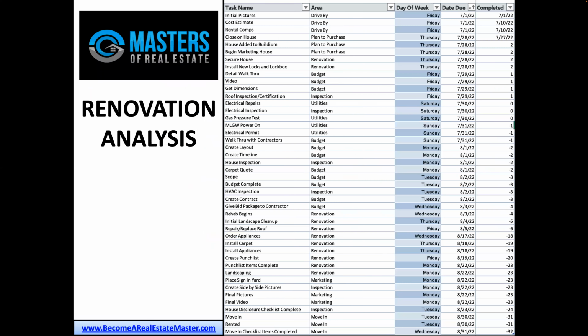So the renovation analysis should also come with a timeline involved. You've got initial pictures, your cost estimates, and you can see here we have a drive-by area, and then we have a plan to purchase area for all the tasks that get involved there, the renovation, the budget detail associated with it, and securing the house and installing new locks and doing a detailed walkthrough with a video and getting all the dimensions and the layouts of these things,